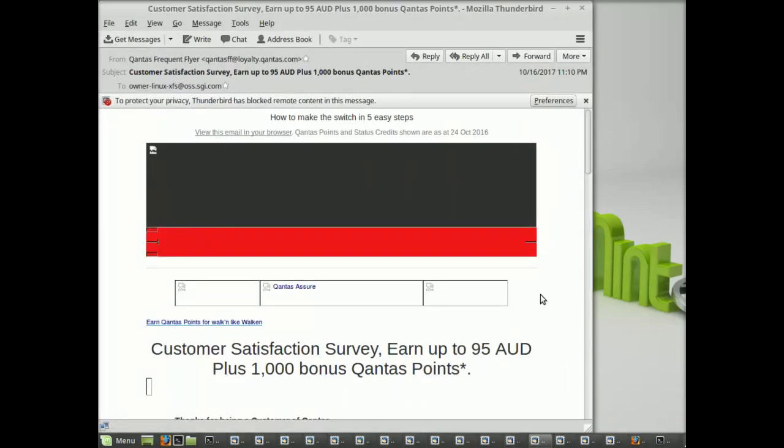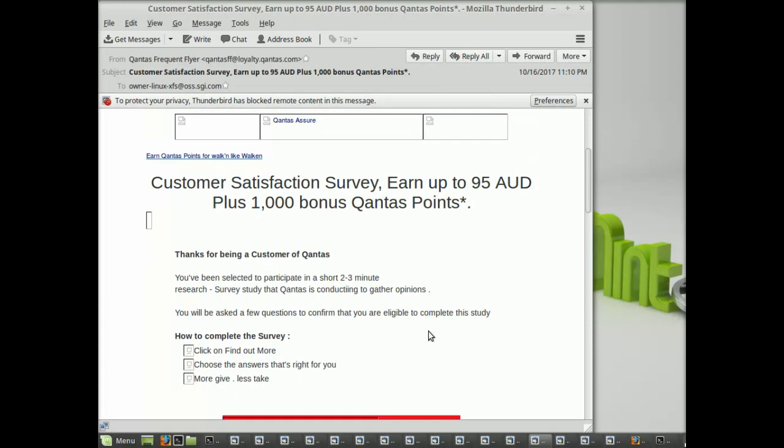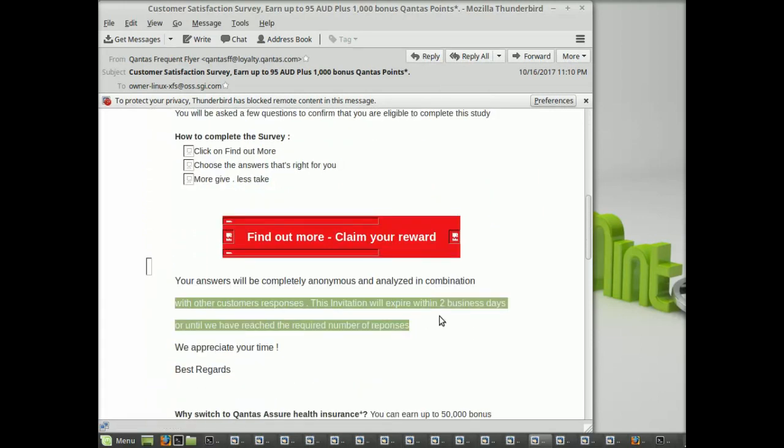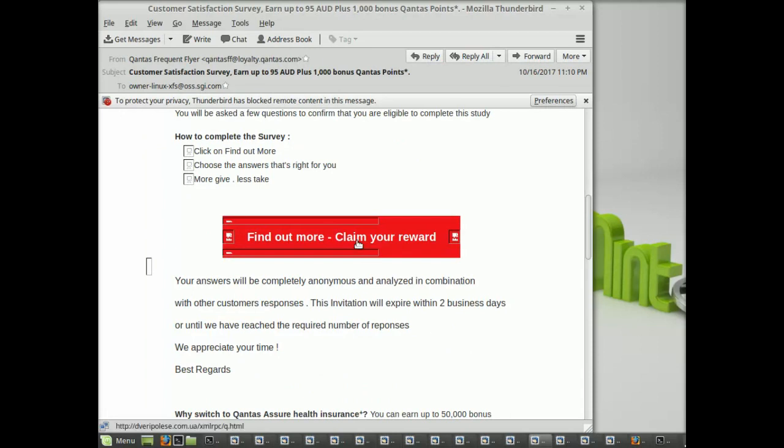So here's another one that I thought was kind of interesting in that it doesn't have a threat. There doesn't seem to be any sort of urgency or scam. It just says, hey, we've got something free to give you. And maybe you actually do have something to do with Qantas. Maybe you have used their services. But if you hover over the link again, look at the host name,